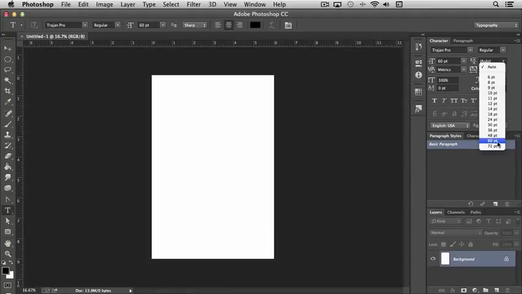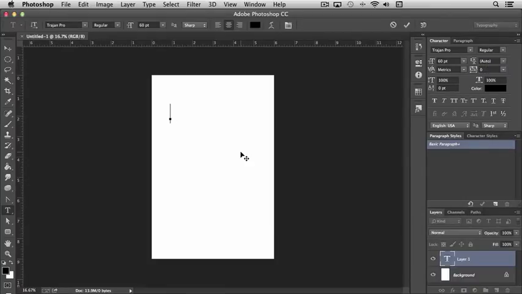Sometimes you can go a little bit less if you want to type close together, or you can space it out a lot more, again, depending on how you're planning to use the type. Right underneath that, we have another option, and this option is the amount of space between letters. And I'm going to set this to 0, and just for the sake of demo, I'm going to type in